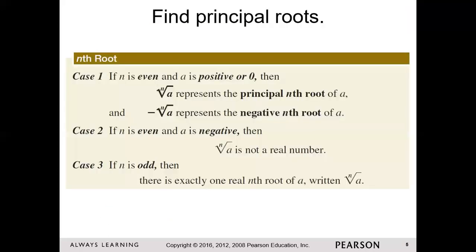Okay, all right, so here are some rules for finding the principal roots. If your index, which is your n, is even, and a is a positive value or 0, then the nth root of a represents the principal nth root of a. And the opposite of the nth root of a represents the negative nth root of a. Case 2 says if n is even and a is negative, then this is not going to be